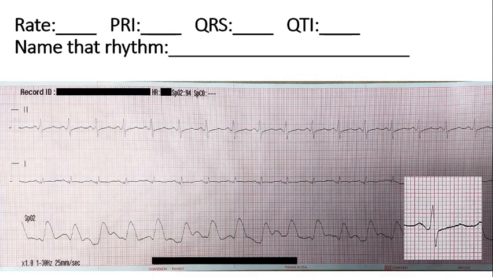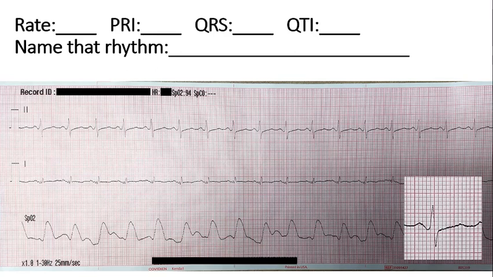So the next one here, this looks like it's going a little bit faster. Look for your 3-second hash marks at the top of the page and go ahead and calculate the rate. And then look down at the lower right and you can measure up your boxes. Remember 0.04 is a small box and 0.2 is one of the large boxes. So measure those up